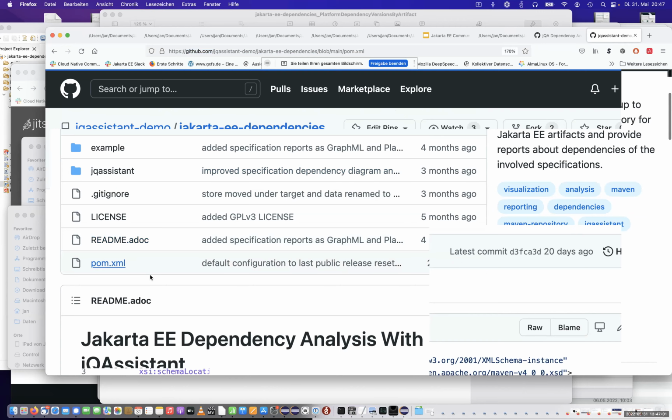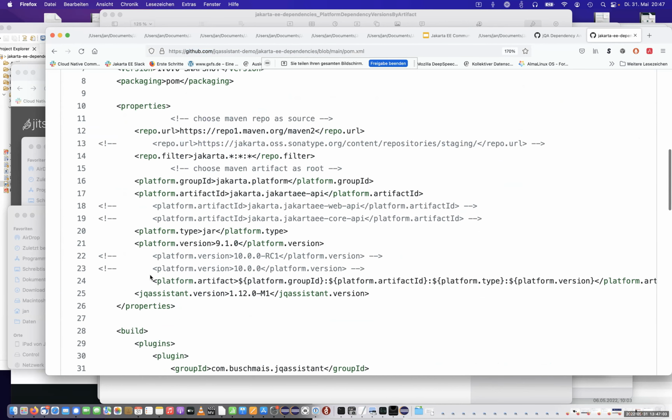Actually, what you do to configure the tool is define a filter that is different in MicroProfile. You define the root artifact for the analysis that is in MicroProfile, the POM file. And here it's, for example, the Jakarta EE API, the platform or full profile API artifact.